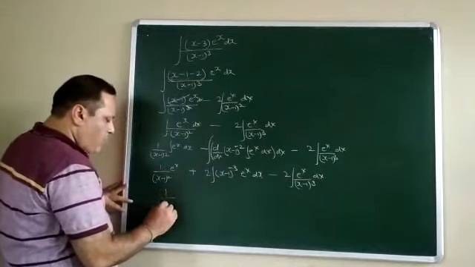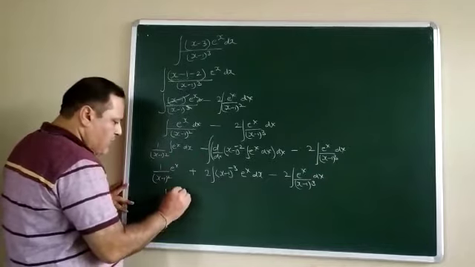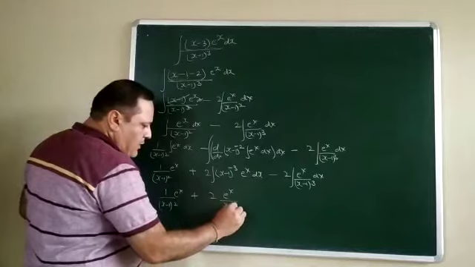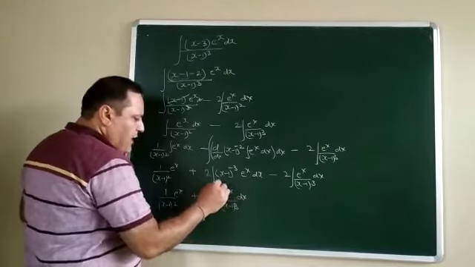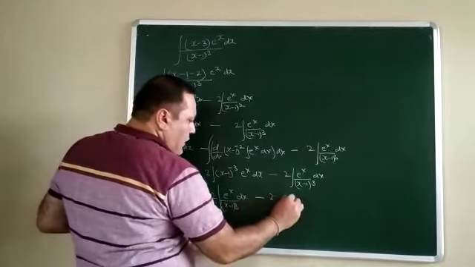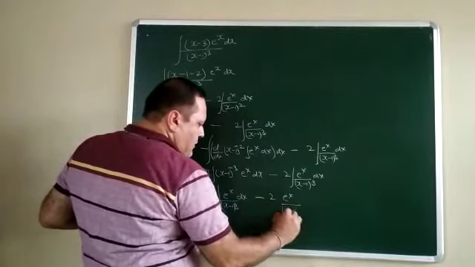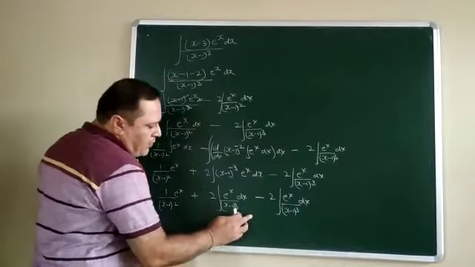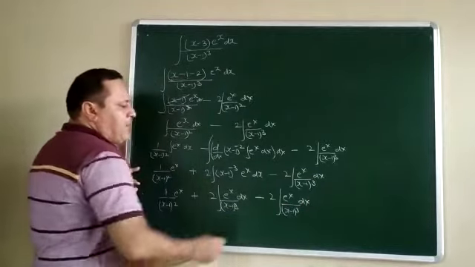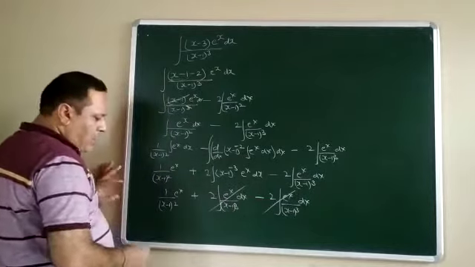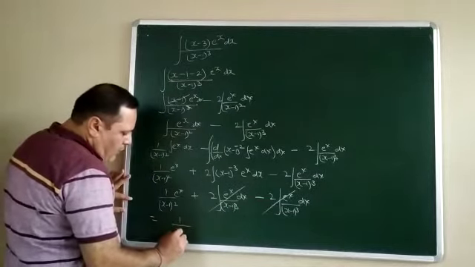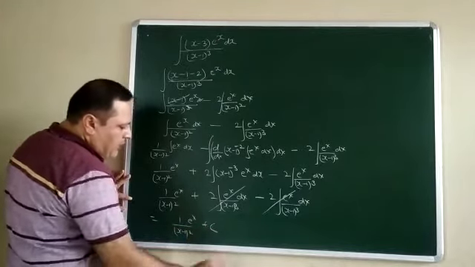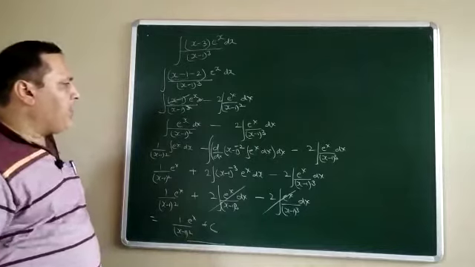Now it is 1 upon (x minus 1) square e to power x plus 2 e to power x upon (x minus 1) whole cube dx, minus 2 times e to power x upon (x minus 1) whole cube dx, again integration. If you observe, it is the positive term, it is the negative term. So this positive and this negative get cancelled. What is left? Only 1 upon (x minus 1) whole square e to power x plus c. This is called the constant of integration.